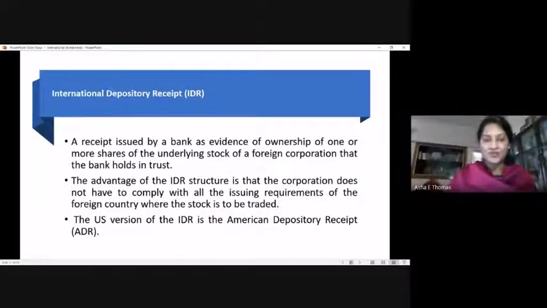In a nutshell, suppose an investor in the US wants to make an investment in the shares of a company in the UK. Directly, the investor cannot approach the market. One route through which they can approach the market is ADR, American Depository Receipts. According to that, the bank or the financial institution will issue the American Depository Receipt to an investor in the US, indicating the amount of his investment in the shares of a company listed in the UK.